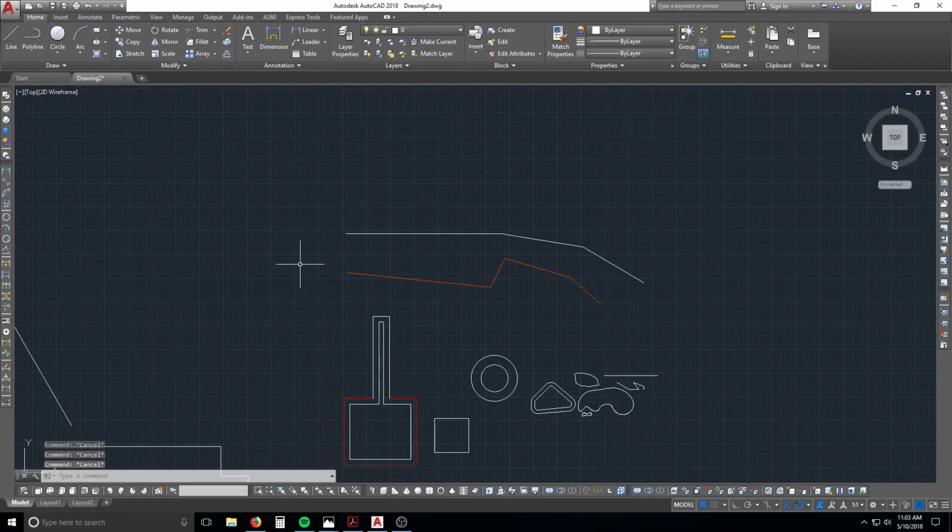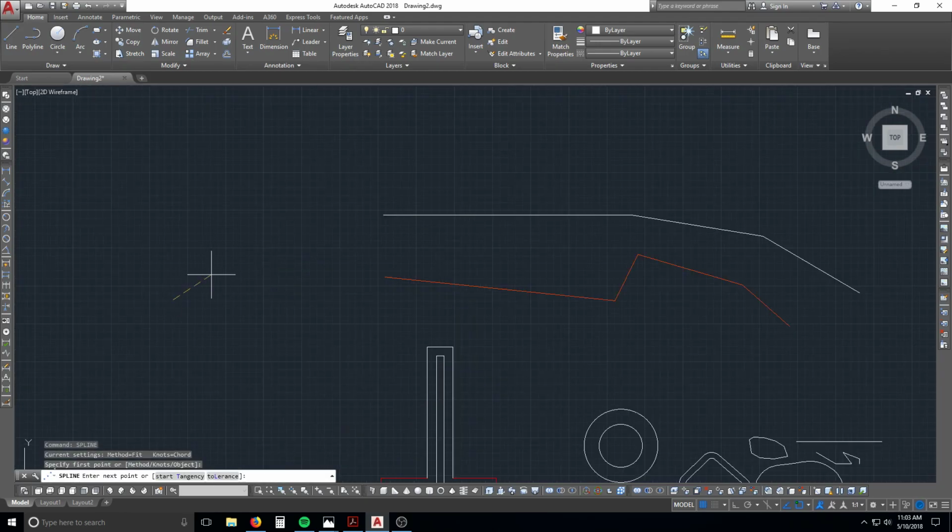And I'm curious if I do a spline, S-P-L-I-N-E, this might be a better function. So I'm just drawing a funky shape here. We're going to do it on two different objects. We're going to lengthen, L-E-N. Alright, so: delta, percent, total, dynamic. Delta, D-E, mathematically means a change in. So the change in length